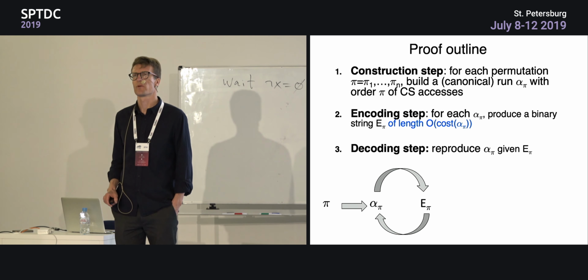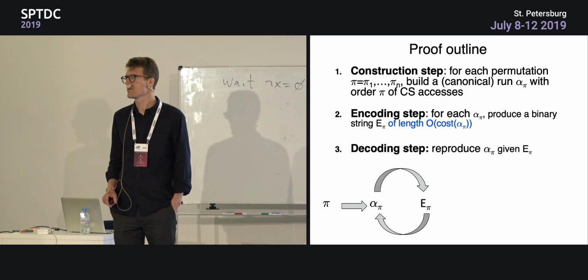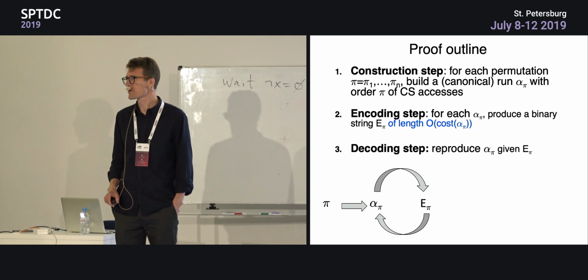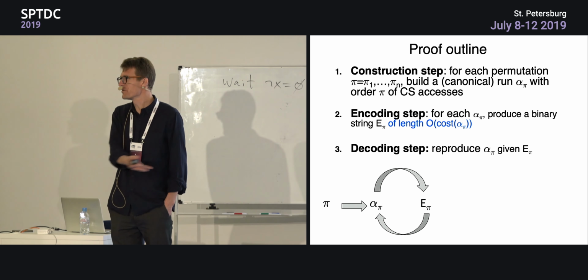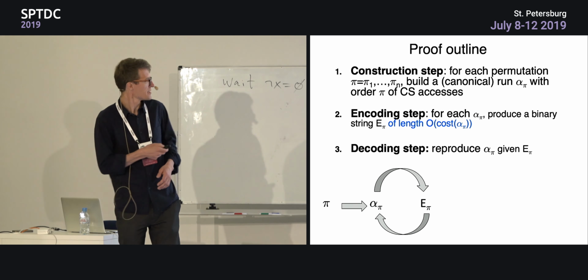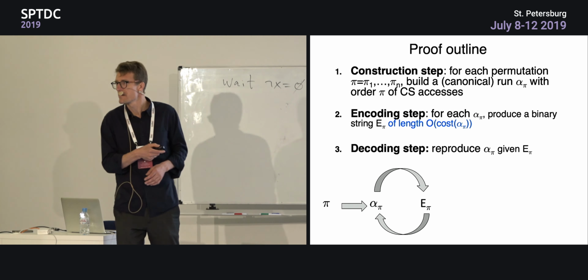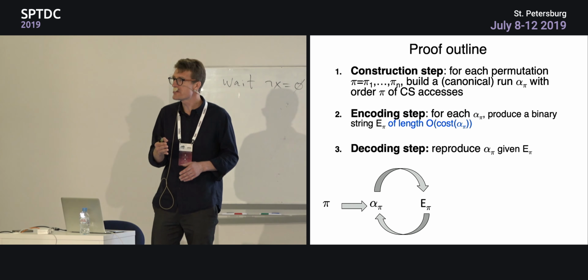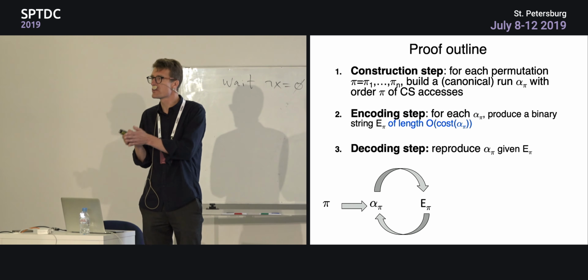Well, why should it be distinct? Otherwise it's not a code. If you have two different executions which correspond to the same code word, it's not a code. Because if you don't encode these executions, you have confusion. You don't know. That's why you need this decoding step. Yeah, from each code word you should be able to decode a unique